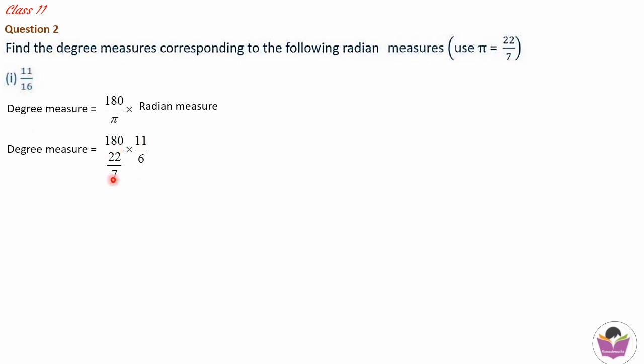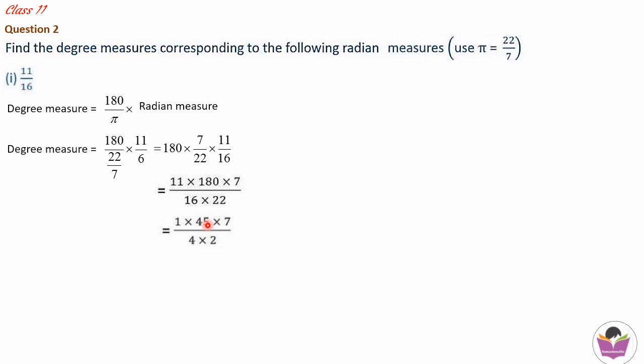Here the denominator of 180 is 22 by 7. We have to take the reciprocal of this 22 by 7 and multiply with the 180. That is the easy way of calculation. 180 into the reciprocal of 22 by 7, which is 7 by 22, multiplied into the given quantity, that is 11 by 16. That is equal to, with a little bit of rearrangement, 11 into 180 into 7 divided by 16 into 22. This step is not mandatory. If you wish you can write it, or else you can just do the cancellation here itself. When you do the cancellation, we will be getting